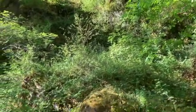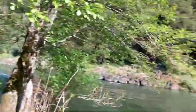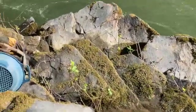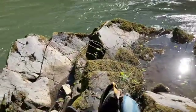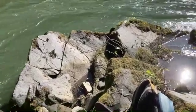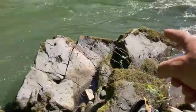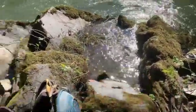So yeah, I'm gonna poke around a little bit. Oh yeah, and when I got over here, so yeah, right up against the river's edge, nice bedrock, like nice flaky bedrock, aimed in the right direction to be natural sluice. And there's a big chunk. You can see like somebody just peeled it. All of this has been